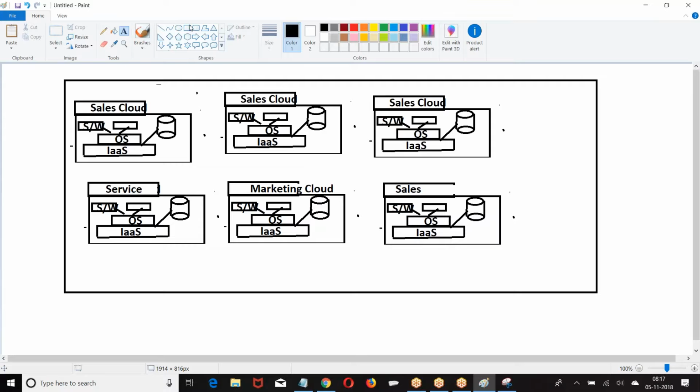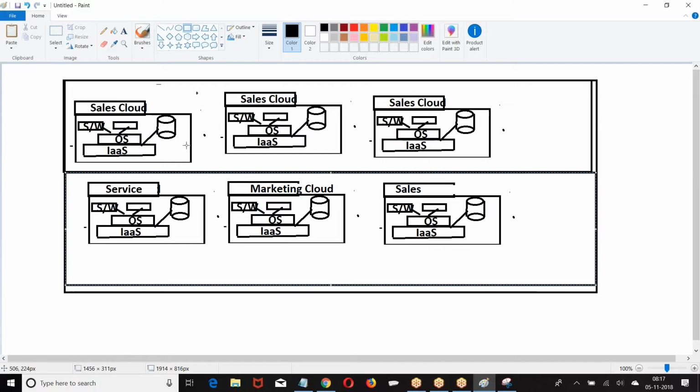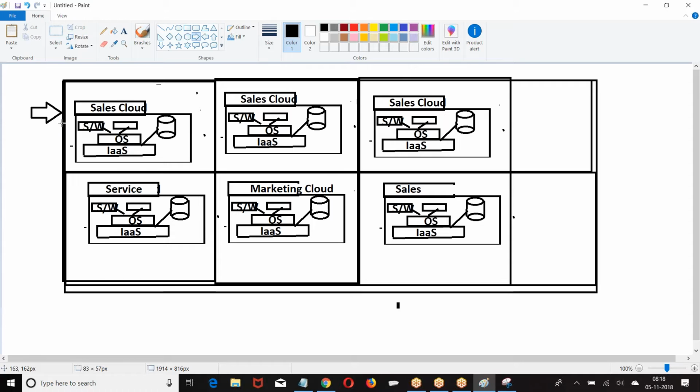Now, how does Salesforce recognize the number of applications running on the same cloud? This application belongs to ICICI, this belongs to HDFC, this belongs to Reddy Labs, this belongs to XYZ. All these applications are running on the same cloud. When multiple applications are running on the same cloud, how does Salesforce identify this is the production of your HDFC organization, and this is the production of ICICI organization? How does Salesforce recognize?